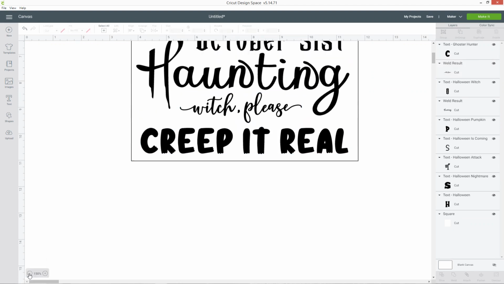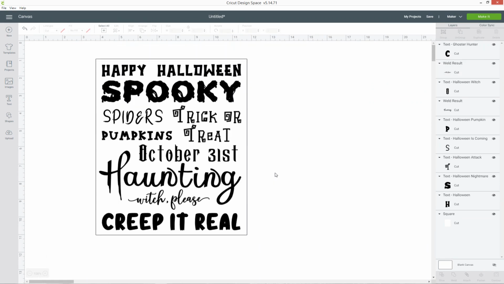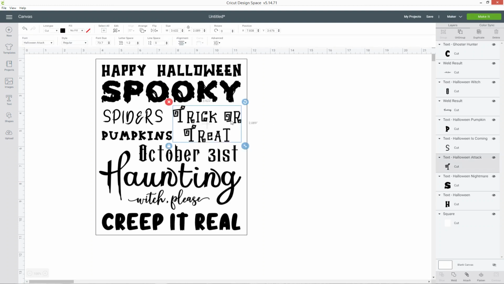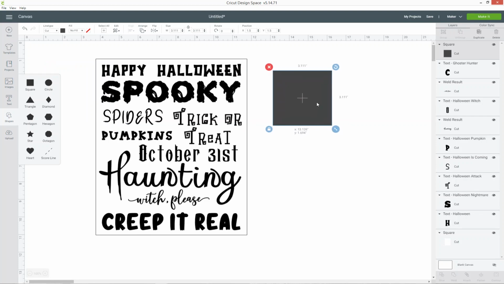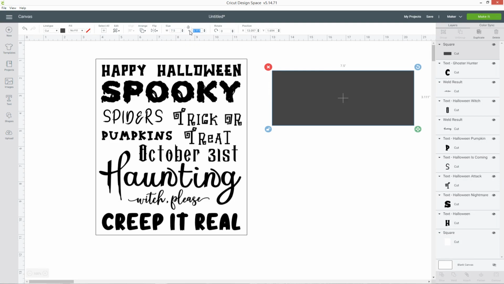Okay, cool. So if I zoom out now to see the whole thing, that is looking pretty darn good. So I do just need to play about with the positioning. What you can do to make sure all of your borders line up is to draw another shape and make it slightly smaller than your original one. So my original one was 8 by 10. So if I make this maybe half an inch smaller on each side, so 7.5 wide and then 9.5 tall.